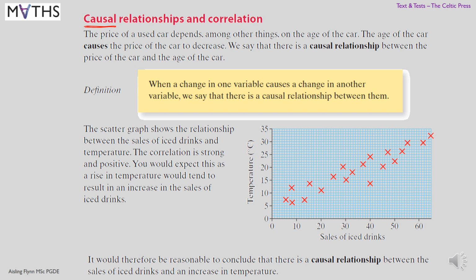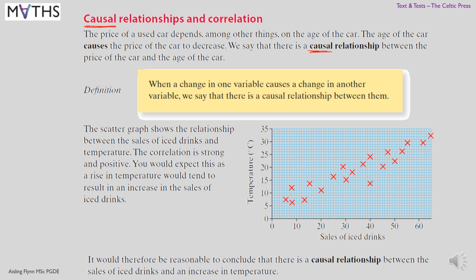The age of the car causes the price of the car to decrease. We say there is a causal relationship between the price of the car and the age of the car. Okay, so one thing causes the other. It results in the other. Definition here, when a change in one variable causes a change in another variable, we say that there is a